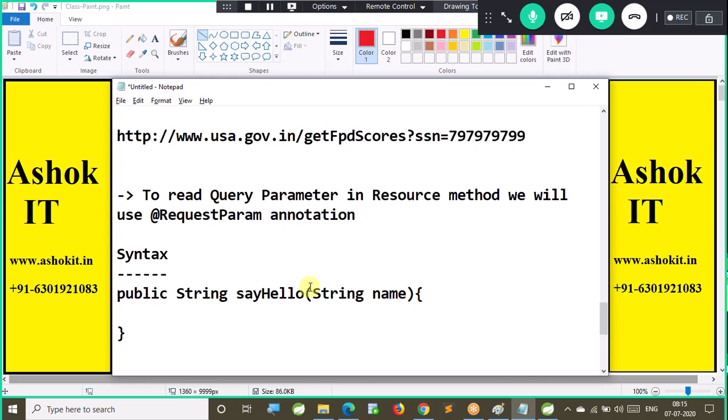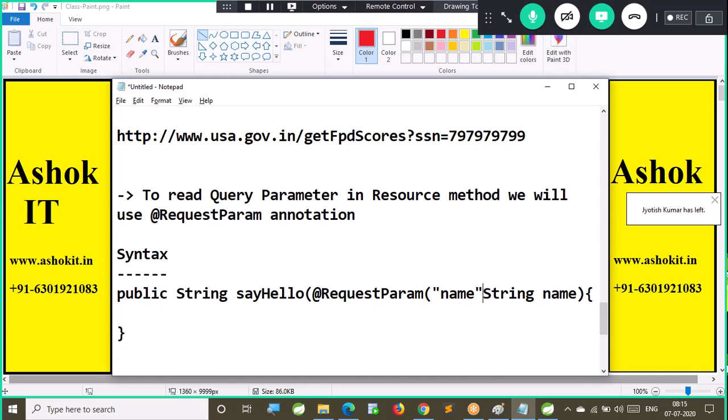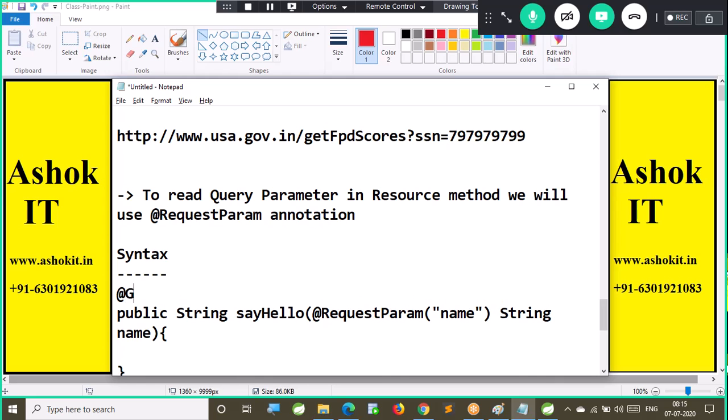How can I read that query parameter here? By specifying @RequestParam of name as a key. This method I am binding to a GET request, that is @GetMapping